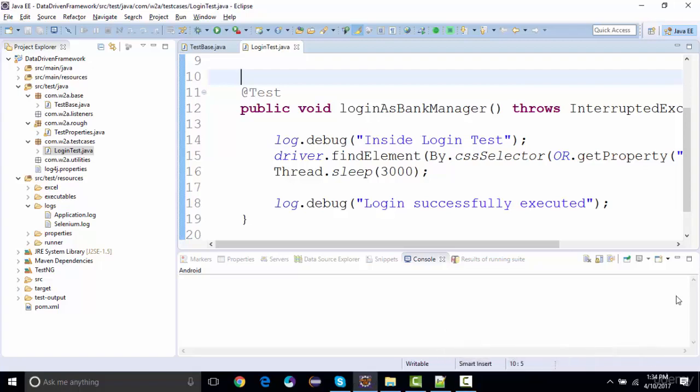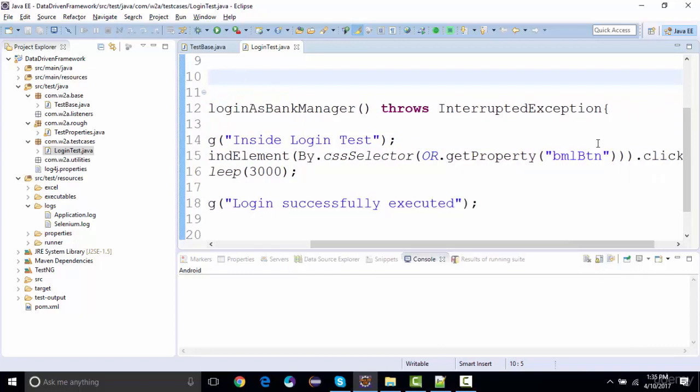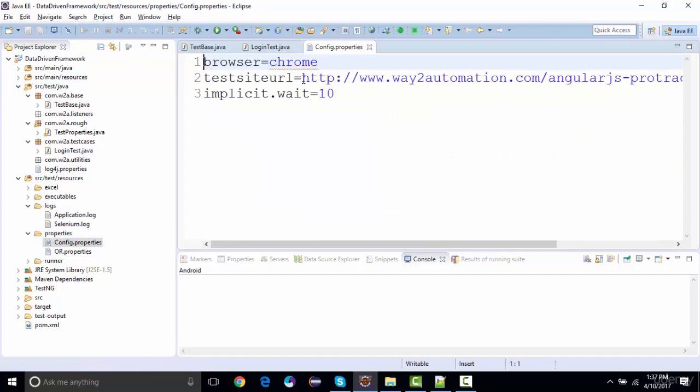Now we're going to add some validations to the test. Validations in the sense, let's say we clicked on the bank manager login button, and we need to make sure that it is actually clicked, right? So let's say if I go back to the website, let's say I copy the URL from here,